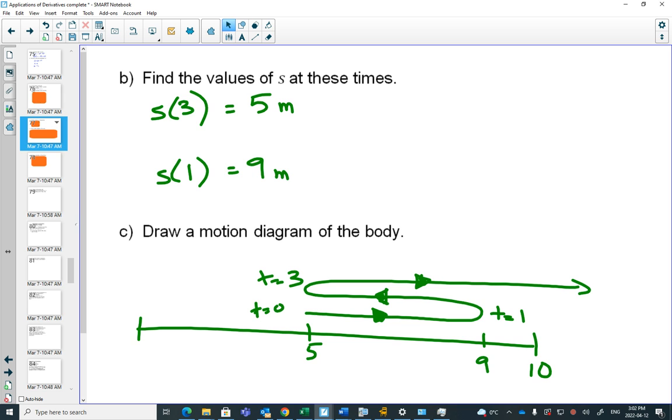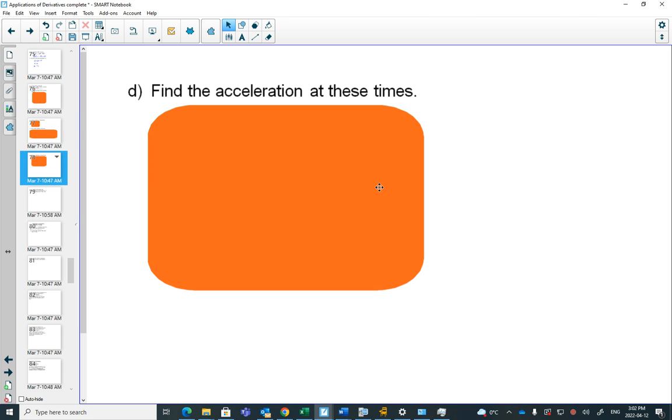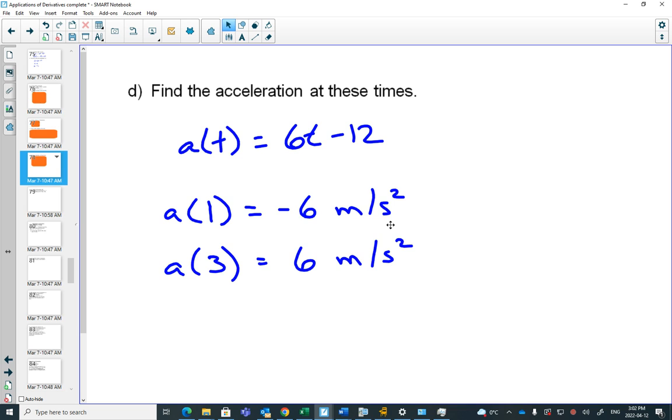And finally, how did you do on the acceleration? Found your acceleration formula, plugged it in,